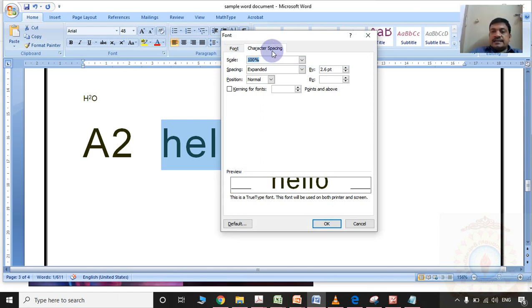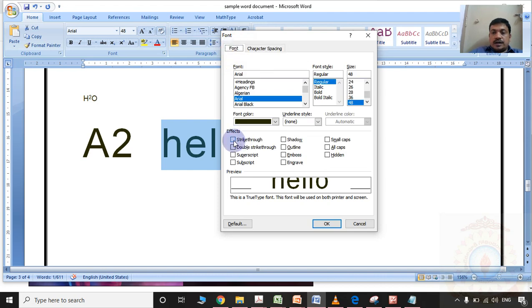Character spacing will be helpful to you. You can choose here normal, expanded or condensed. Three different options are there. By using these three, you can change the space between the letters in a word, paragraph or sentence title.